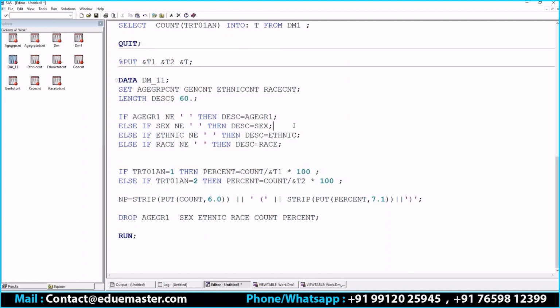Age group data should be the first block, right? By using the if condition and the do loop combination, you can create multiple variables on one condition, correct? So we'll use that. I'll just create a reference variable called 1 because